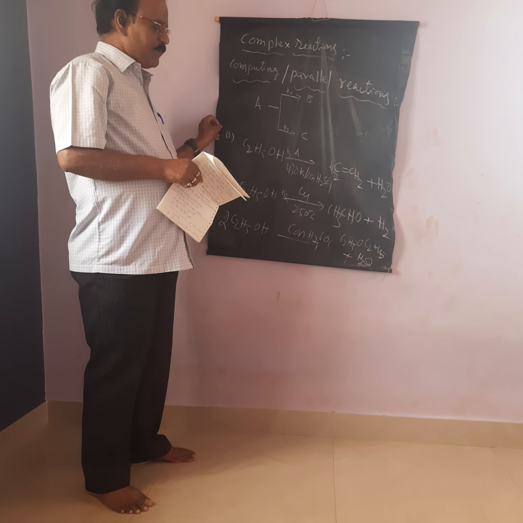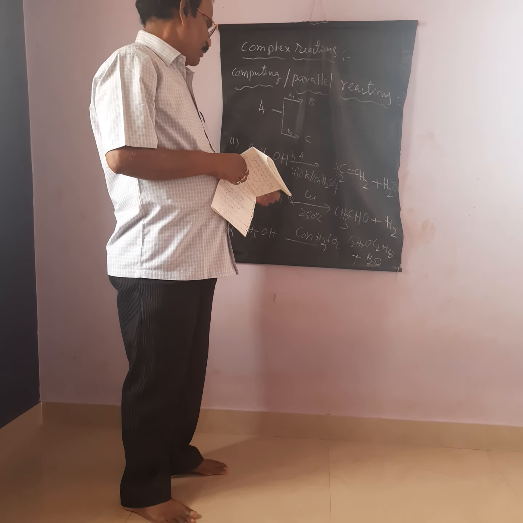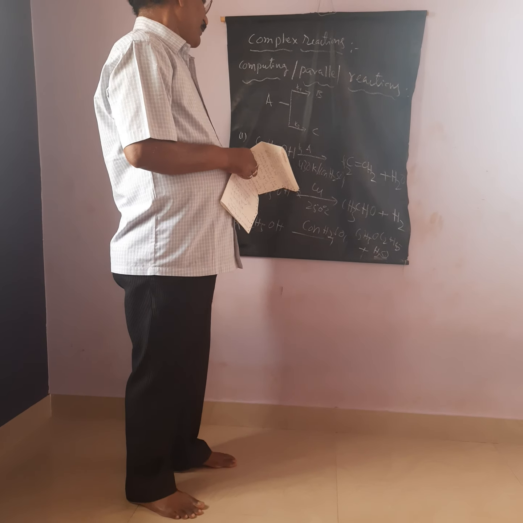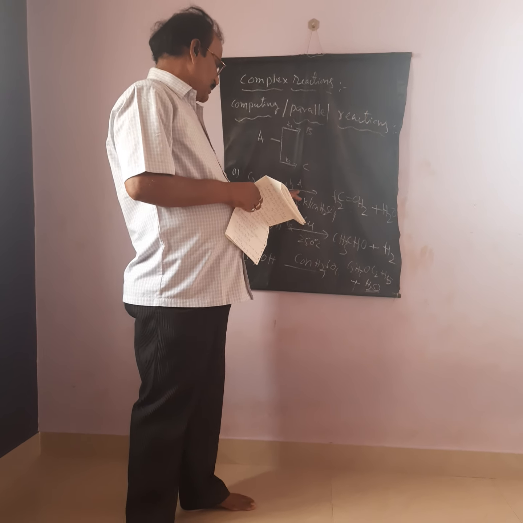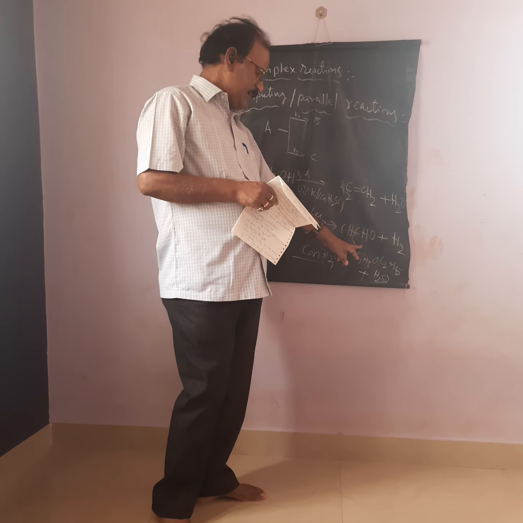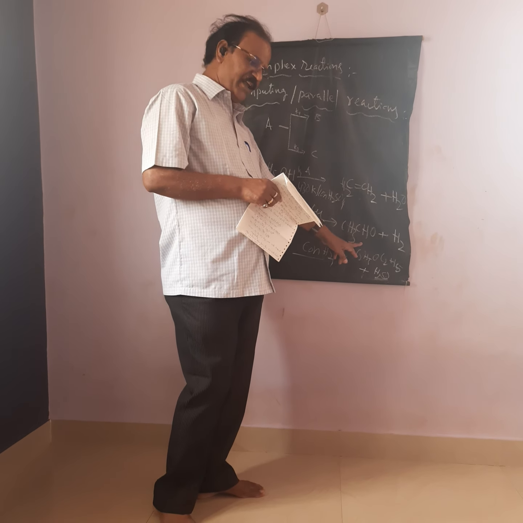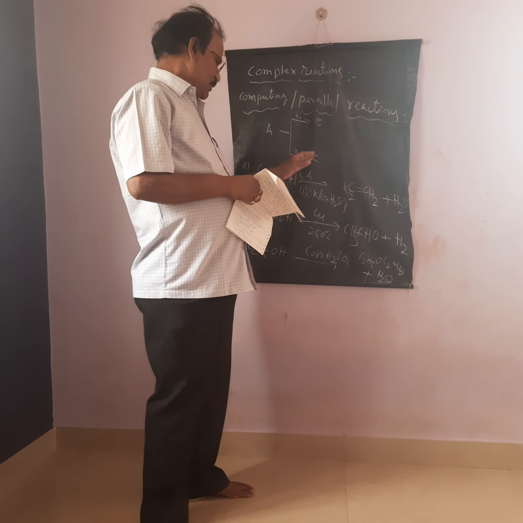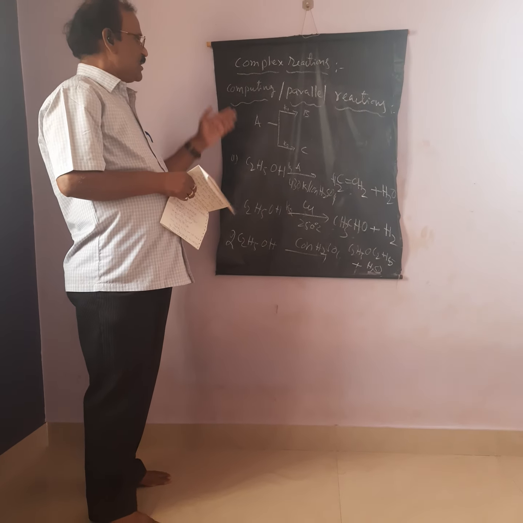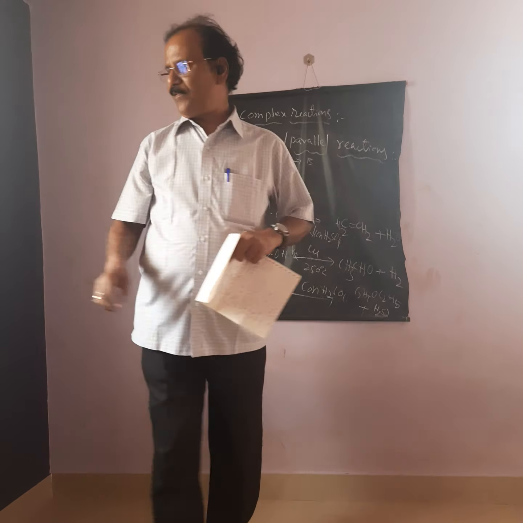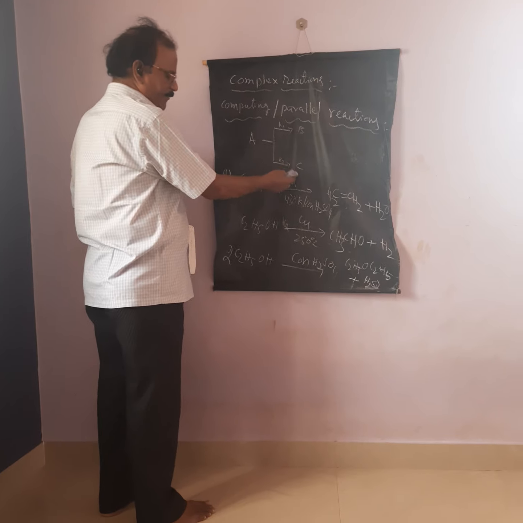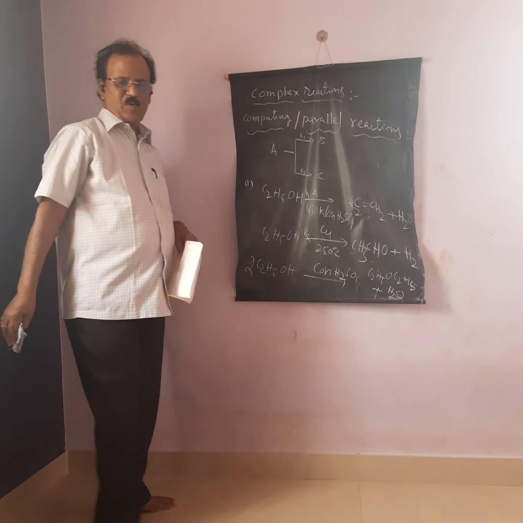So by seeing this example, at different conditions you obtain different products. If you want ethylene, this is the major product and the others are minor products. If you want acetaldehyde, you can make use of this condition, and then this is the major product. These two are the minor products. Such reactions are called competing parallel reactions. Ethyl alcohol at different conditions gives different products.